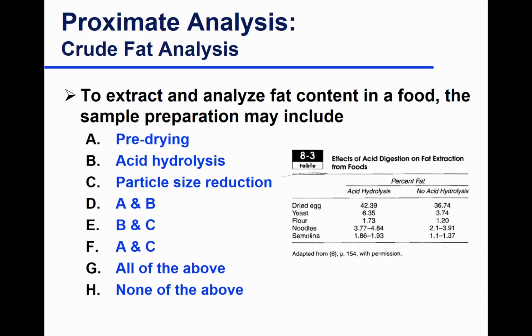With Mojonnier, you do some sample preparation to release the fat. So when you have a very low amount of fat, you will be able to get better results using Mojonnier. Soxhlet usually is used mostly for high-fat food, meat products, cheeses, nuts. That would be an excellent method to use Soxhlet. You can use Soxhlet to extract fat from anything,